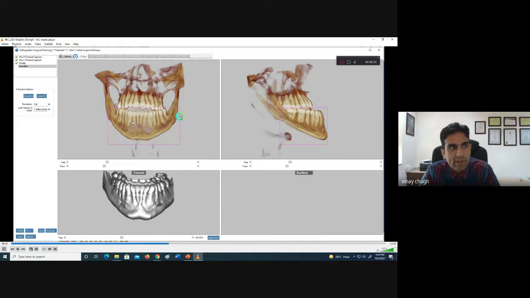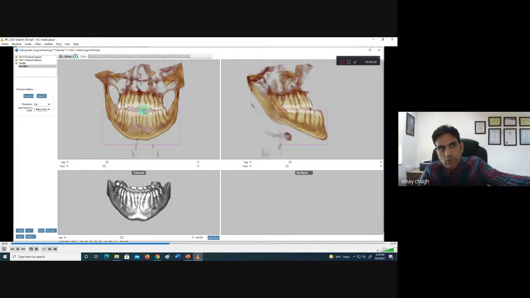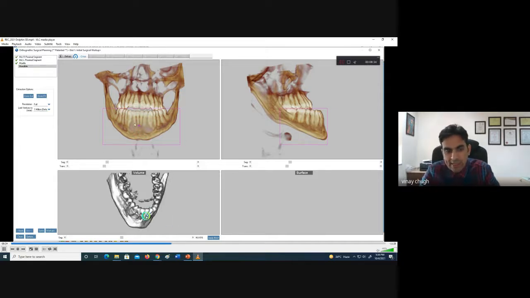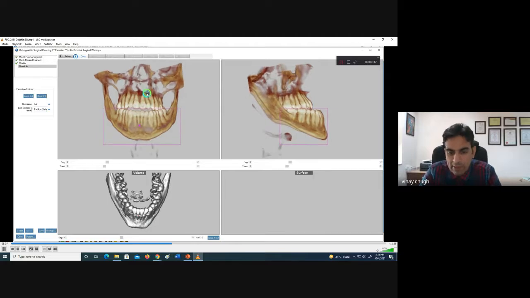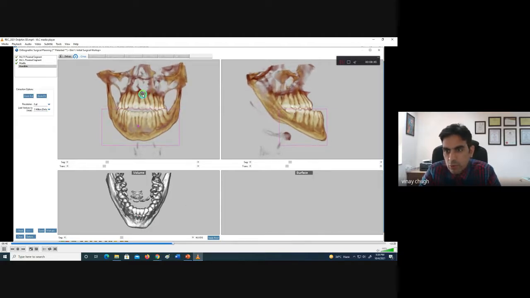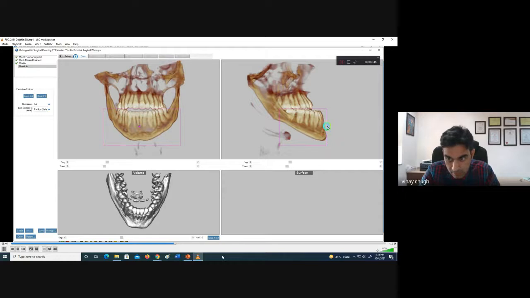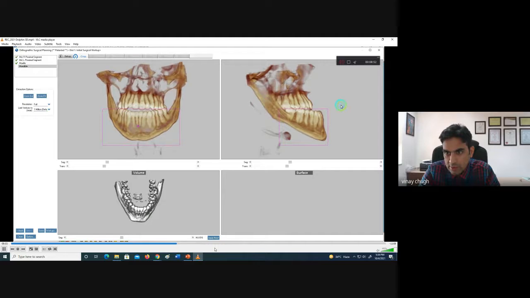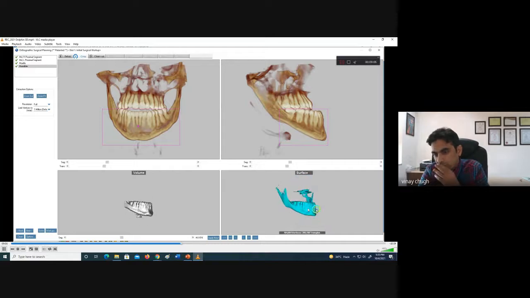Now we are selecting the mandible, and once we select the frontal part, because we have already selected the right and left proximal segments, when you say apply, it will build a complete uniform mandible. So we have selected this part; you can adjust the frame of the image because the proximal part you have already selected, and then you just select according to the occlusion, clear it, and then apply. Now you can see add proximal segments. So you are adding the proximal segments, and you will now have the full volumetric image of the mandible, which will be used for sectioning. And now this is the full image.